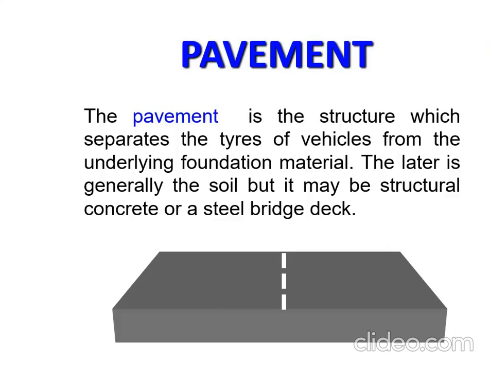So you can have an extra layer of pavement on the existing pavement, obviously with something you have to do about the old pavement. That's why it may be a structural concrete, or you may not have a pavement directly on the soil, but you have a pavement on the bridges itself. You must have seen that even on the bridges, you find asphaltic layers. Why? We will discuss it later. So this is how you can define a pavement.